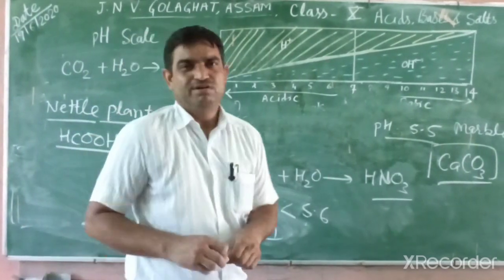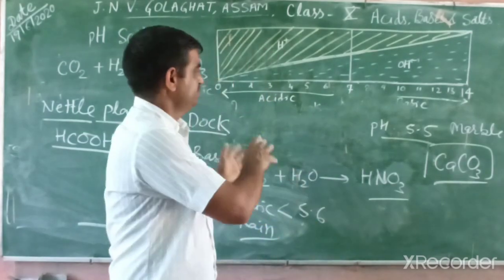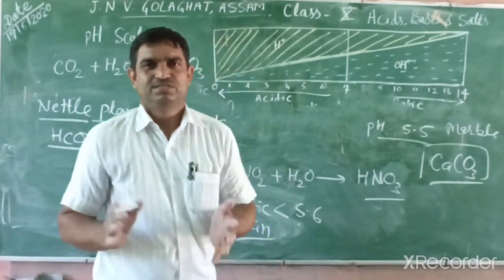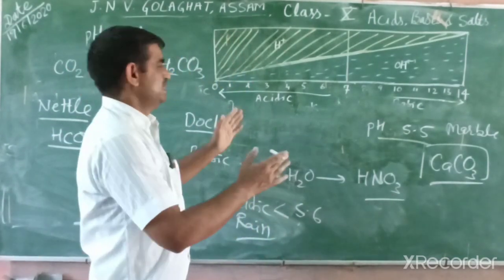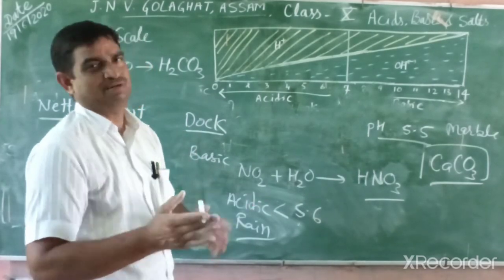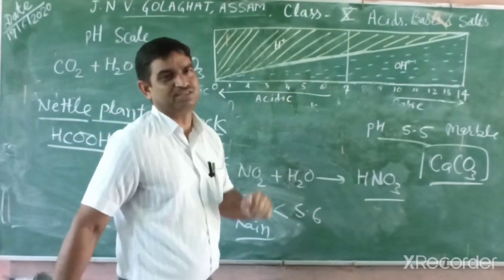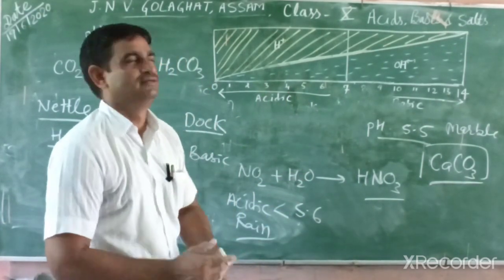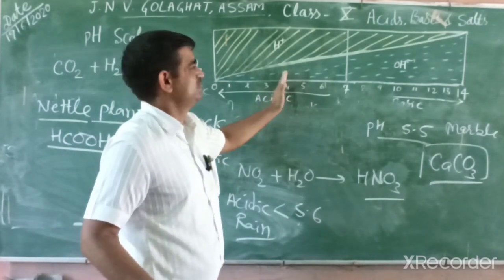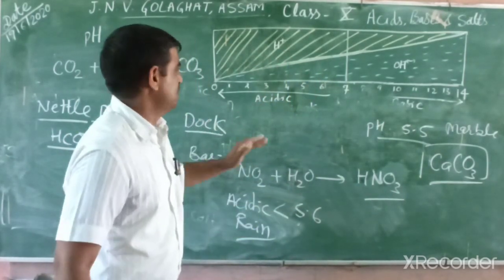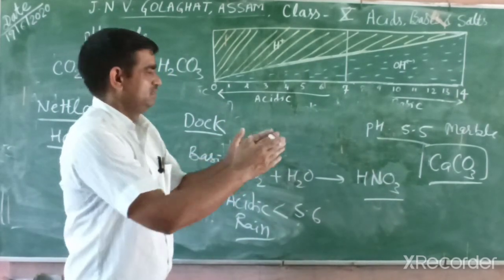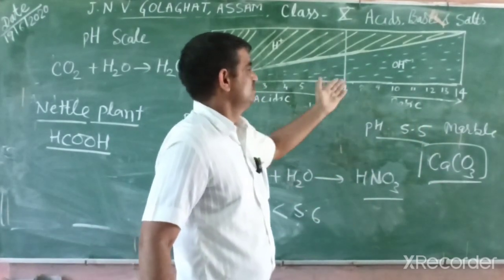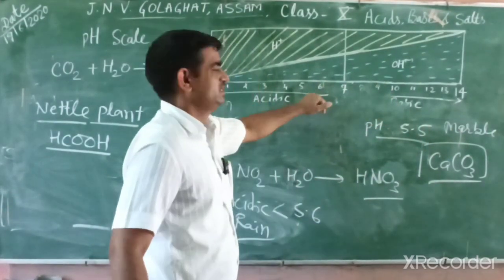So all students, please write all these things in a notebook and solve the questions in our NCERT books. In the NCERT book, a question is given: two chemicals, A and B, one has pH 4 and the other has pH 6. Which one is the stronger acid? The chemical with pH 4 is the stronger acid, because this is a comparative term. Another question: one chemical has pH 6 and the other has pH 10. Which one is basic? The chemical with pH 10 is basic in nature and the one with 6 is acidic.